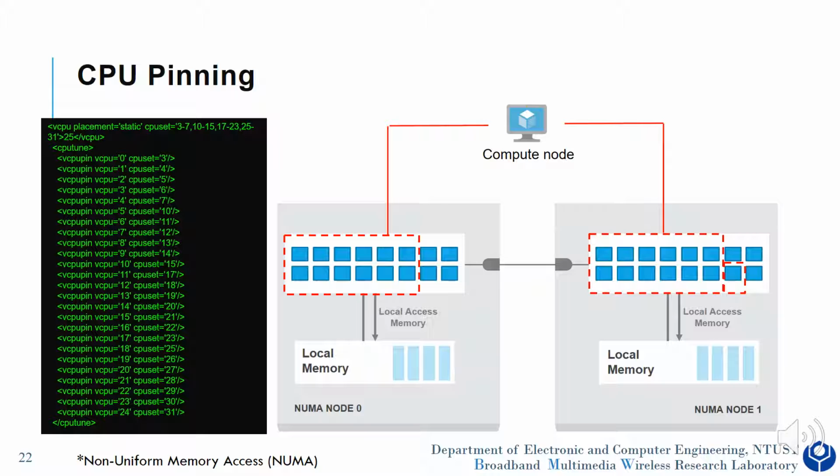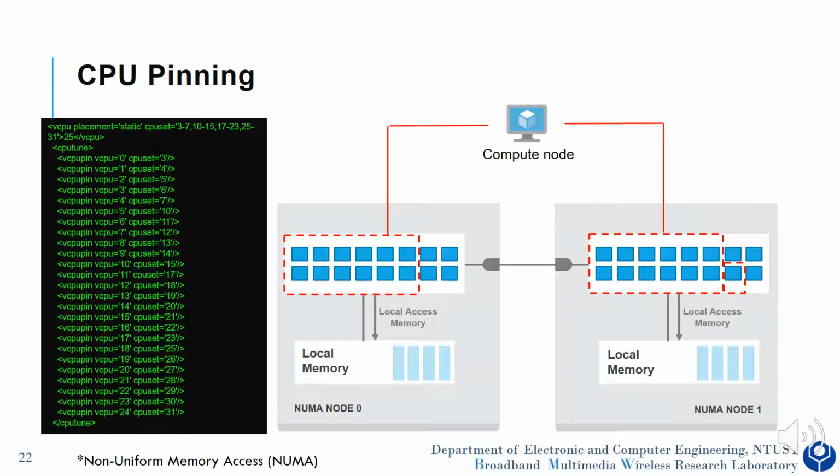CPU binding is binding the physical CPU to the virtual CPU that is assigned to the compute node. Without the CPU binding, the compute node will use all of the vacant CPUs